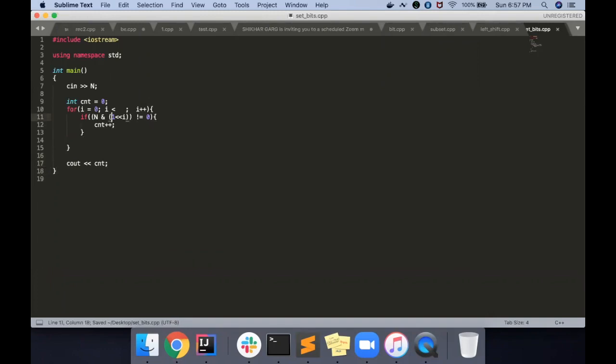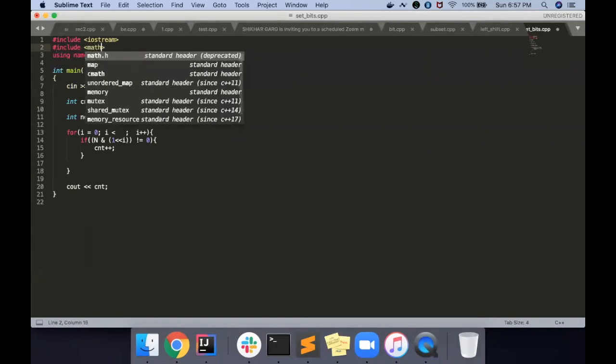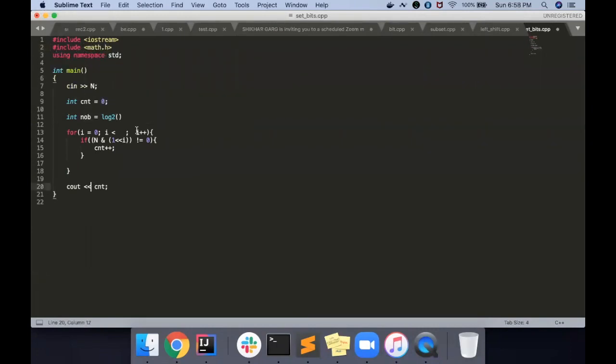Now what we have to fill here is the number of bits. So the number of bits will be log 2. This is a function present in math.h. Let's include that. You can directly find log 2 of n and just take ceil. Ceil is also a function present in math.h. You must be knowing ceil.